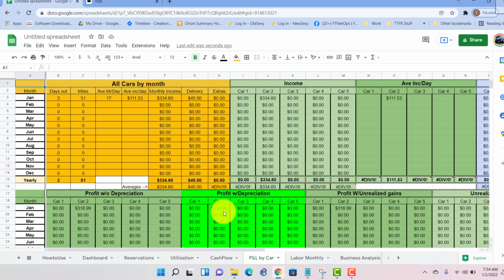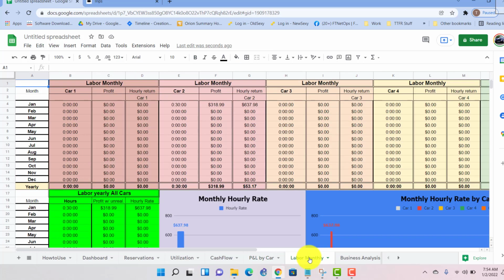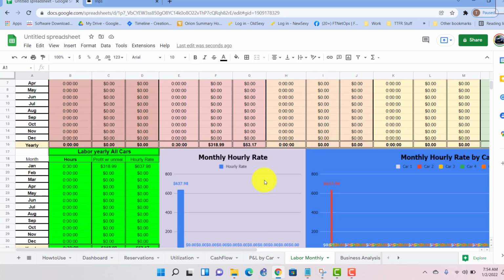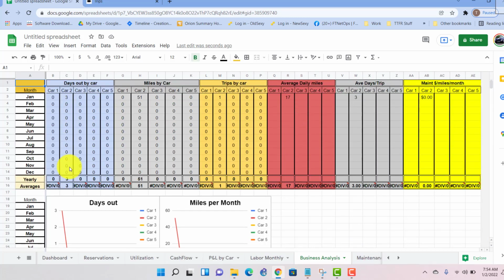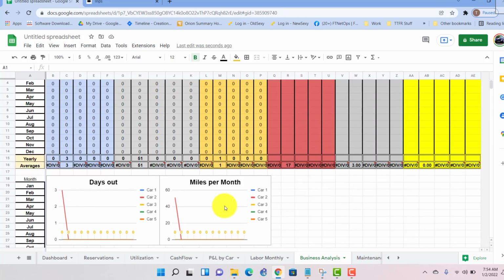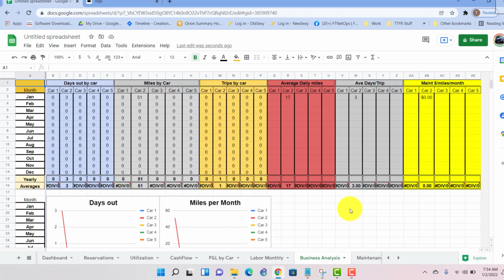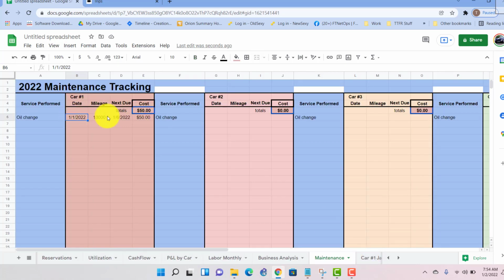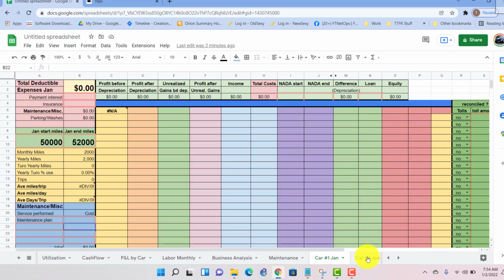Car 2's got some data. Labor monthly. Right now, my hourly rate is pretty high, $637 an hour for this particular one trip. That usually evens out to around $300 for me. Business analysis, we've got tracking on miles per month and days out. You can add other charts here, obviously. There actually are some charts built that will populate as there's more data. Maintenance. This is when I would be entering my oil changes, things like that for car 2. But for now, we're going to go to car 2,